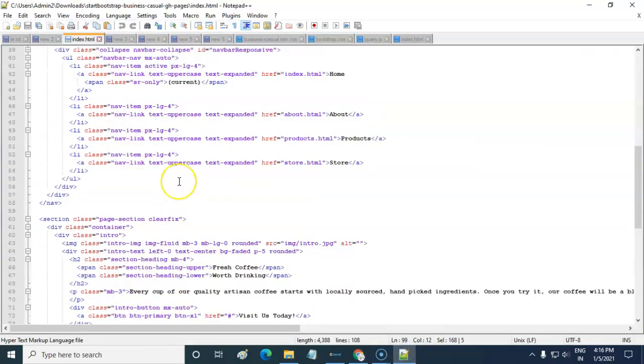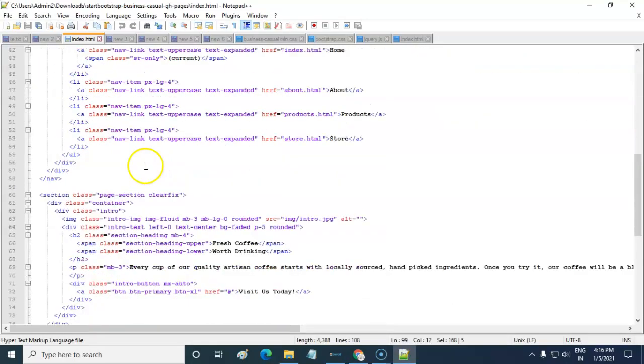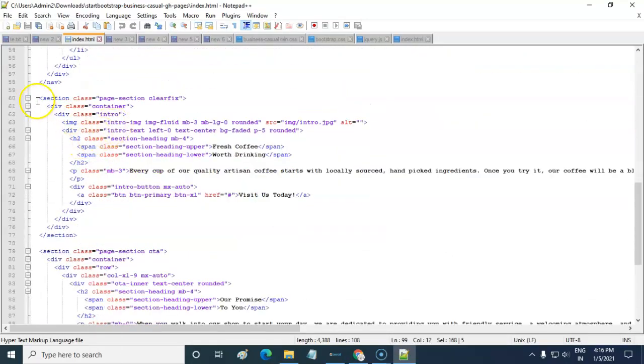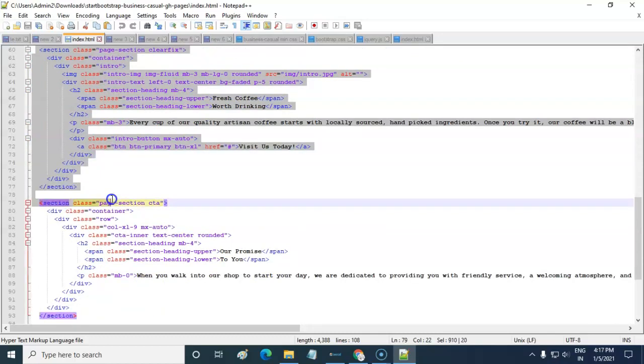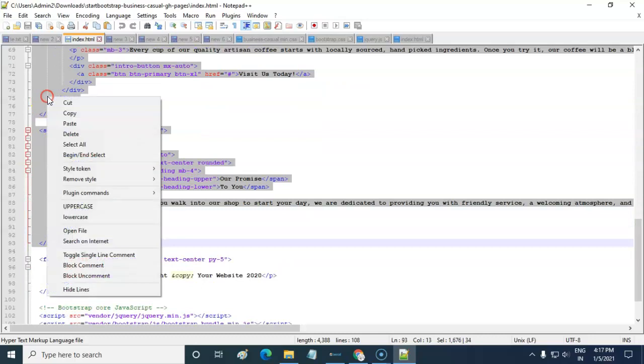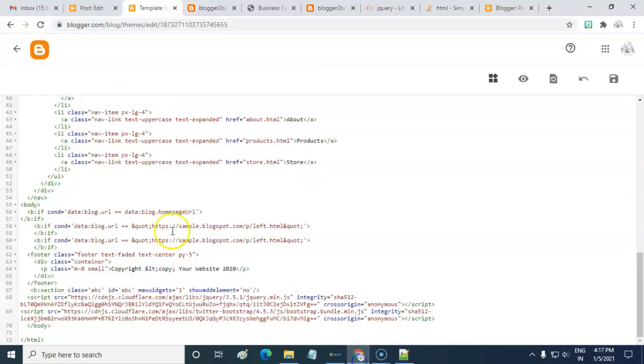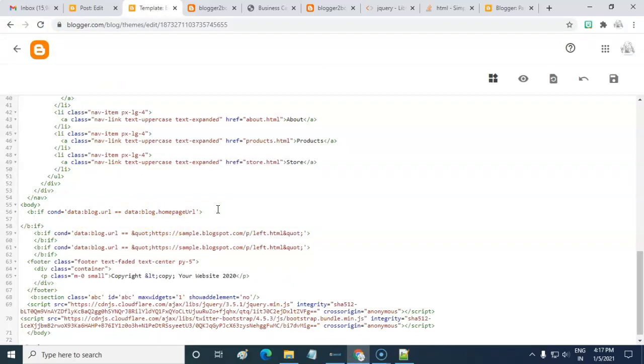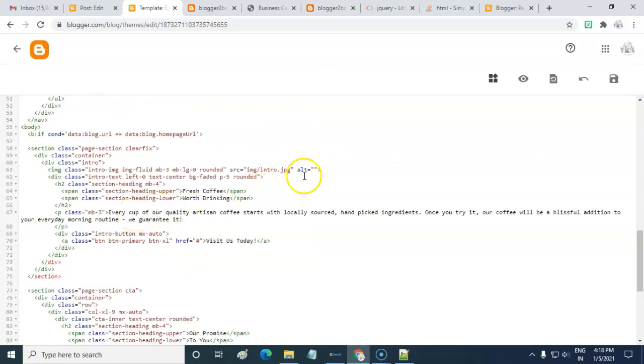Now in the home page we have to add only the section tags. Copy the section tag and in the home page URL paste the code. End the image tag with slash.